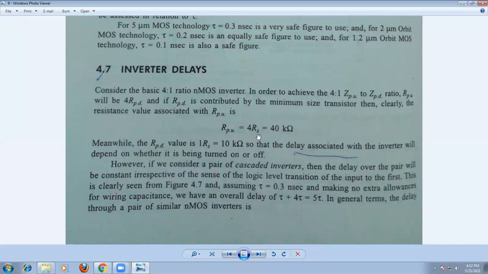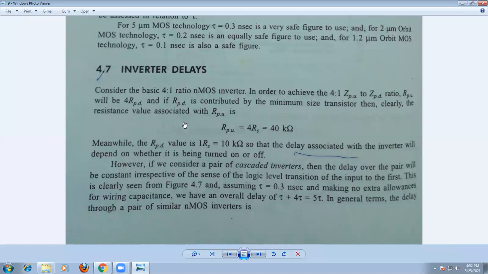that indicates, what is the resistance of the pull-down transistor? It is equal to 1 into RS, that is Z equal to 1 into RS. Pull up is equal to 4 times the RS. Pull down is equal to Z into RS, Z is 1 by 1, so it is RS. But here, the pull-up transistor is 4 times the RS, because the ratio is 4:1. You are having 40 kilo ohm. The pull-down transistor has the value equal to 10 kilo ohm in 5 micrometer technology. So depending upon these values,